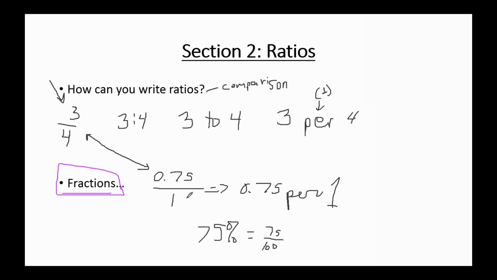And I'm going to tell you why. If you need to simplify problems or simplify a ratio, for me it's a whole lot easier to play with 3 over 4 than using the word 2, because my calculator will take that 3/4 and change it to a decimal. And then I know how to change a decimal to a percent. So by having it as a fraction, it allows me to do a whole lot of other things with it.